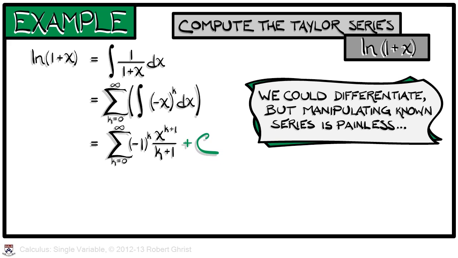If we add an arbitrary constant out in front, well, that's actually not going to be so bad. And why? When x equals 0, we obtain the log of 1, which is 0. So forget that constant. And now we have an answer, with a bit of reindexing, as the sum, k goes from 1 to infinity, of (-1)^(k+1) times x^k